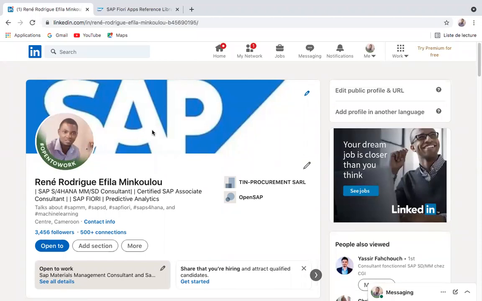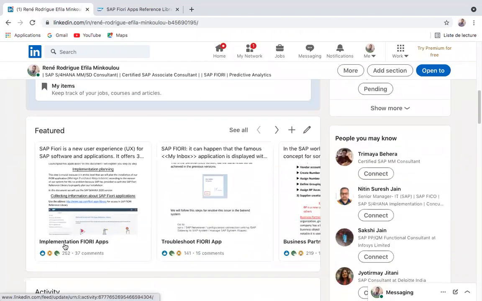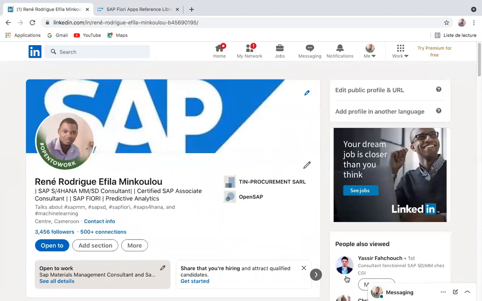If you want to ask me a question, you can ask me here. You can download this implementation of Fiori apps. I used this document for S/4HANA 2020 version, but in this demo I use 2009. You can use exactly the same, whatever version you have. You have many other documents here: troubleshooting Fiori application, business partner, and many other topics. You can find information here.